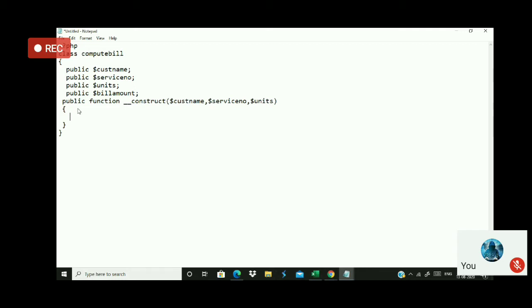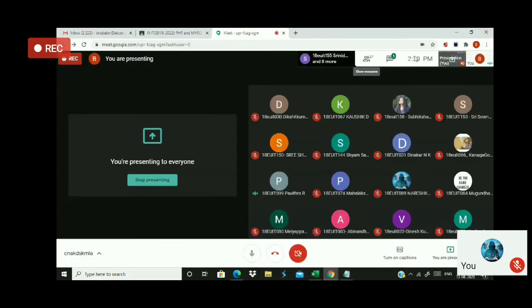Now these are called local variables. All these three are called local variables, but these 3 are called properties over here. So using these local variables, I have to initialize all these 3 properties. So what should I do? Pavitra, are you connected, ma?